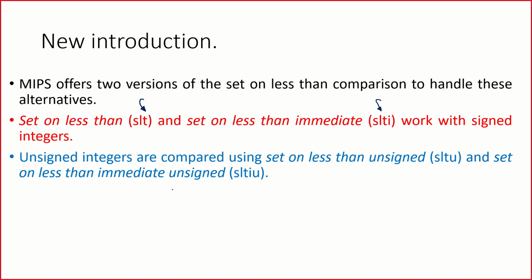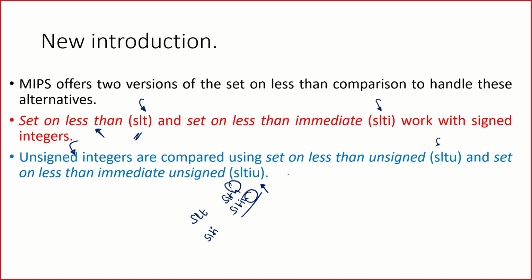Now what MIPS has done is, for working with signed arithmetic you use this. When you go with unsigned arithmetic, you use SLTU and SLTIU. So these kinds of approaches have been introduced in MIPS. Now remember, SLT has become SLTU and SLTI has become SLTIU. The U represents unsigned arithmetic. So whenever you use MIPS, if you are going to use operations which are unsigned, check the data sheet. If there is support like what has been provided for set on less than, for unsigned and signed arithmetic, pick it up appropriately and use it.